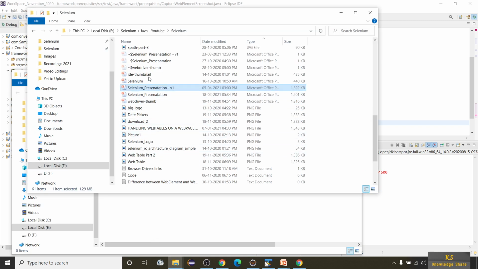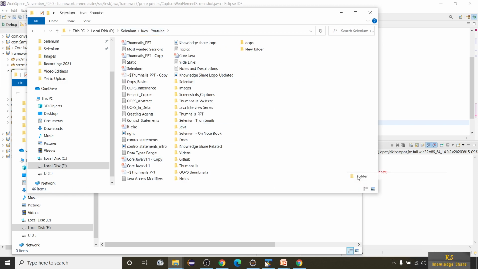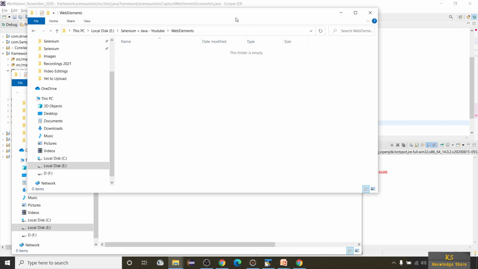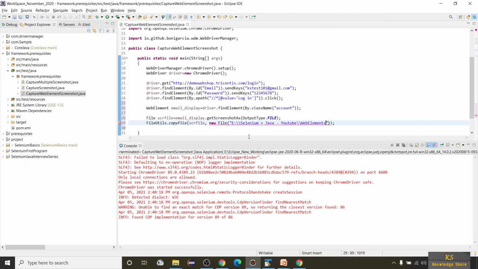So let me go to this folder. Let me create one more folder, web elements. I'll call it web elements, and let me copy this path and paste it here, and I'll give the file name as email underscore display dot png, because I want this in png format.